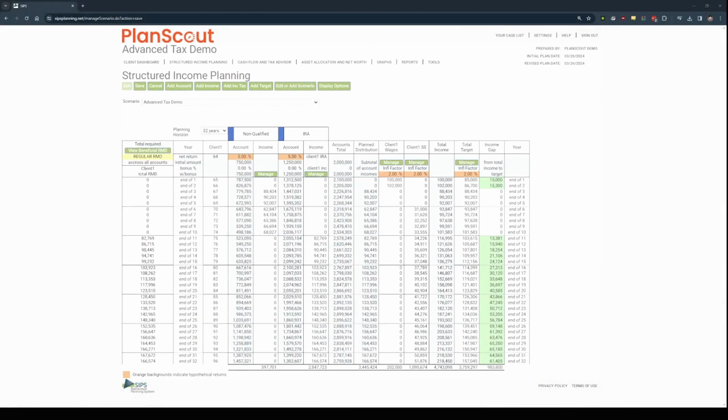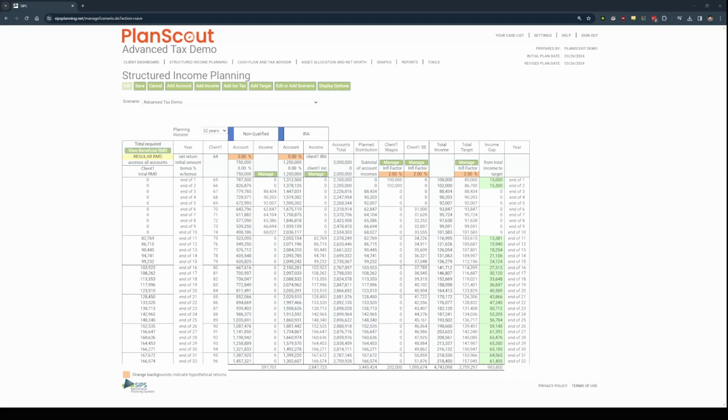So we're beginning here with an example client. They're a single client with a couple more years worth of work here before they retire. They're earning about $100,000 a year. They'd like to take home $85,000. They've been good savers with $750,000 in non-qualified assets and $1.25 million in their IRA. And we've done a lot here to set up the financial plan, but the key thing that's missing are the